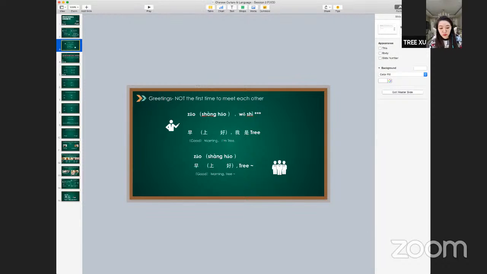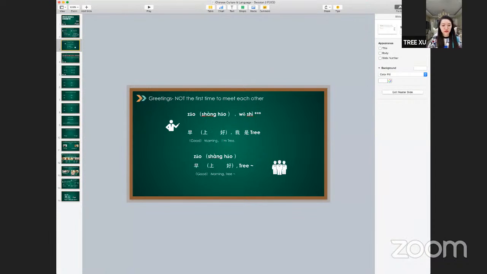From now on, at the beginning of every class, I will say 早上好 to you, and everyone can unmute your mic and say 早上好 Tree back. Let's do it. 早上好, 我是 Tree. 早上好 Tree. 棒棒的，太棒了。